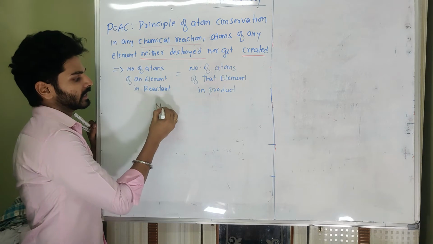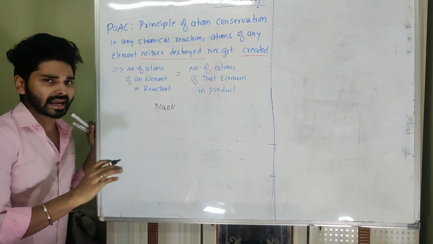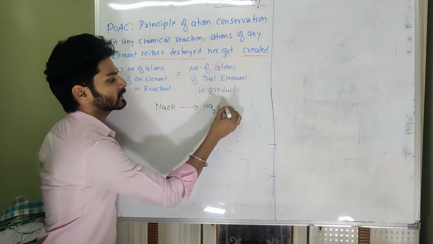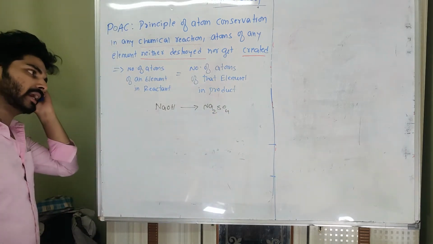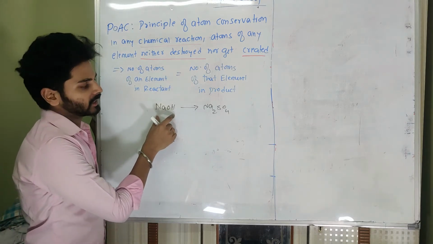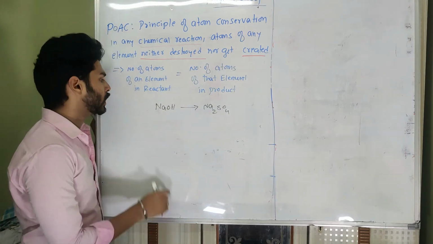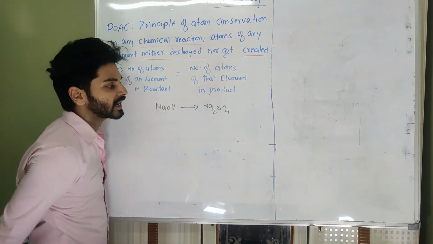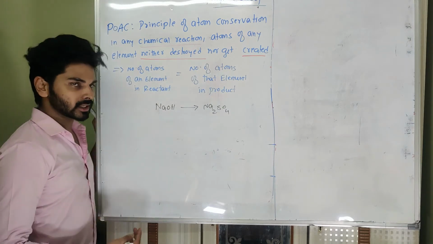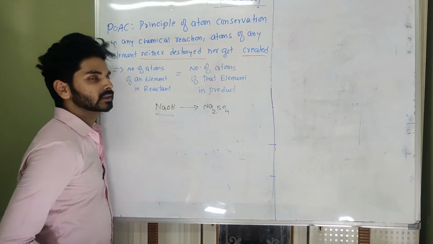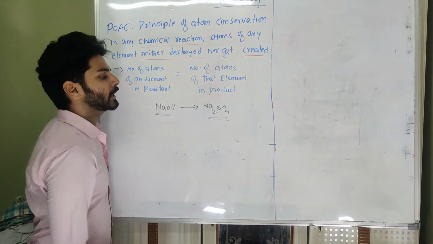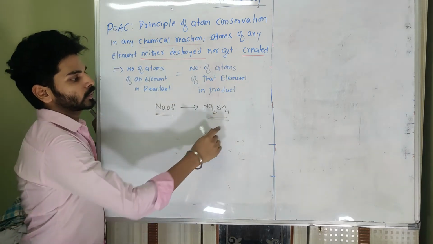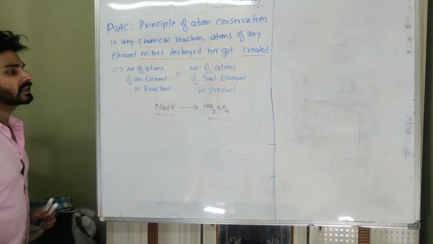Suppose the question is like this: NaOH reacts with many other reactants, giving us one of the products as Na2SO4. The only data we have is one reactant, NaOH, and one product, Na2SO4. We do not know how Na2SO4 has formed, and we do not know about the other reactants and products. The only data given may be that all the NaOH got converted into Na2SO4. That means all the sodium from NaOH has gone to sodium sulfate. Okay, so only this data is given to us.